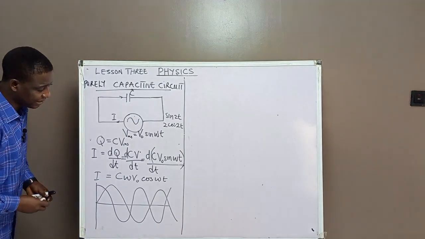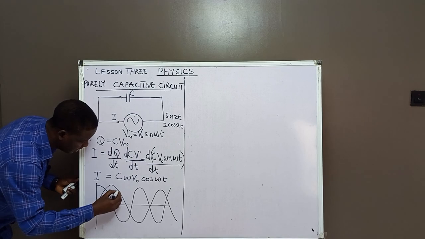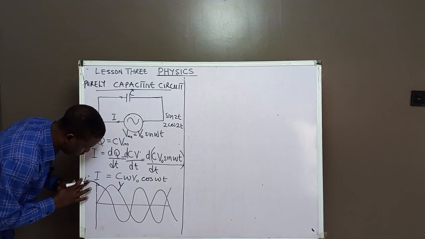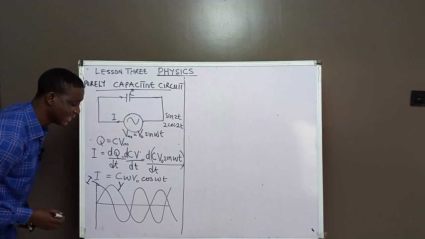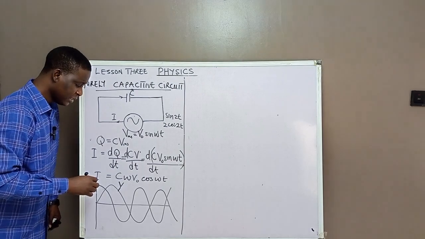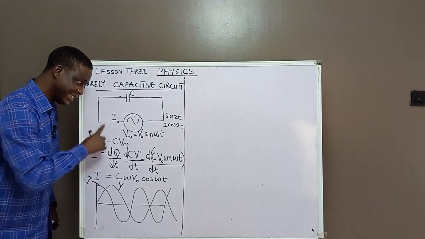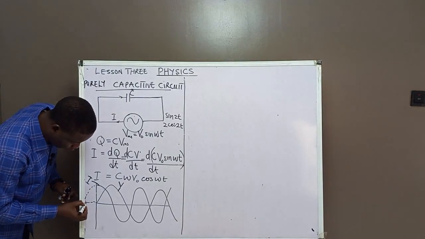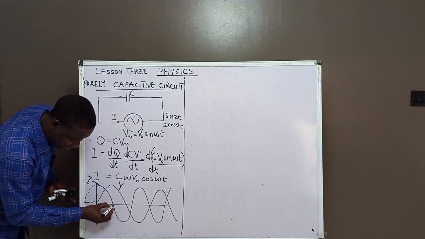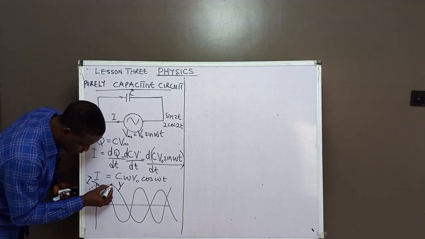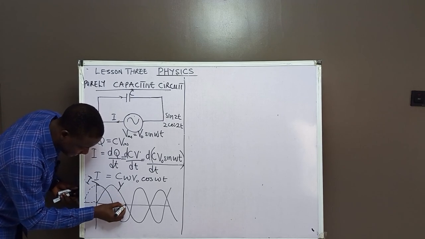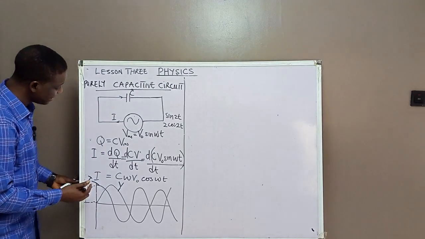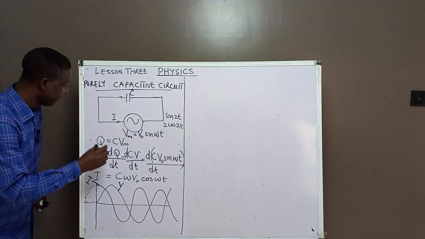This one is for the voltage and this one is for the current. That means you now notice that the current is leading the voltage in this circuit. From here to there is 90, from here to this place is 180, so 180 minus 90 is 90. That means the current is leading the voltage by